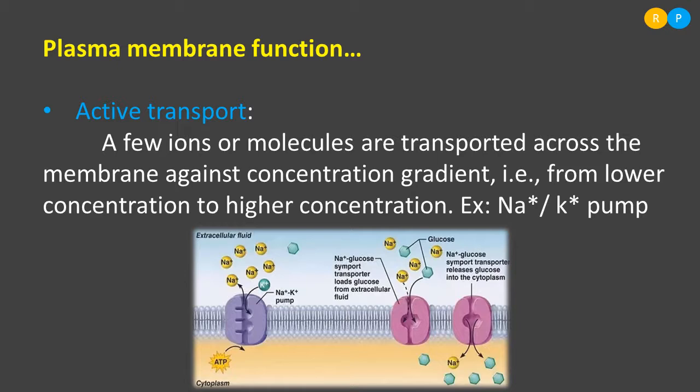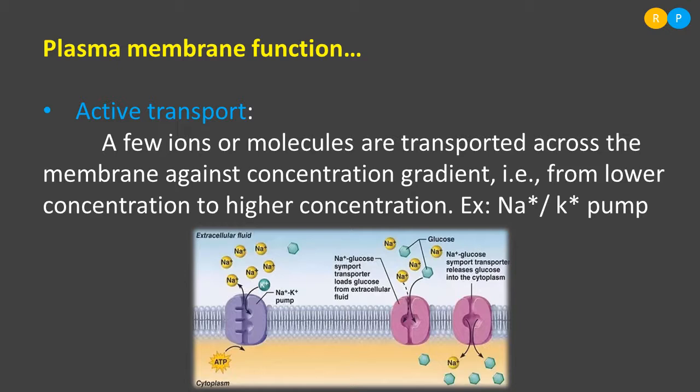Those proteins are nothing but pumps. Clear? Pumps are the special type of proteins present in the plasma membrane. They help in active transport. One of the best examples of a pump here is the sodium potassium pump. This pump helps in the movement of sodium from the lower concentration region to the higher concentration region. We can observe it in the diagram.